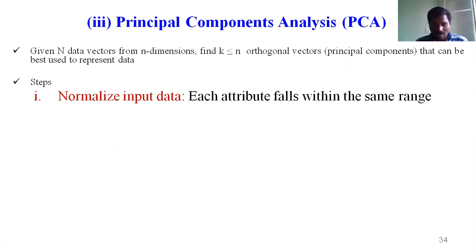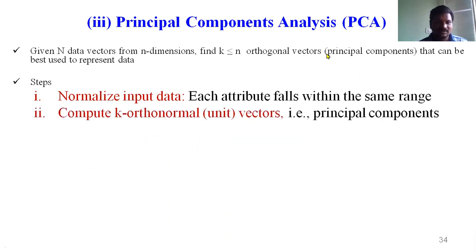You have to convert each data value into a particular range, maybe 0 to 1 or -1 to 1, so that each attribute falls within the same range. That is the first important step. Normalize the input data first. The second important step is to compute the k orthogonal unit vectors, which are the principal components I already explained.